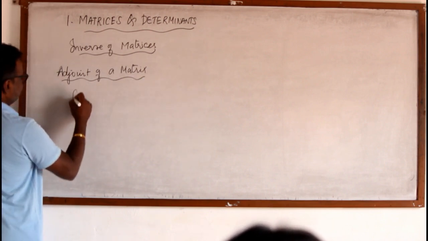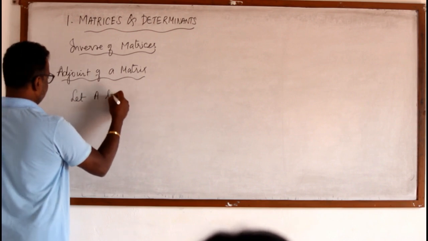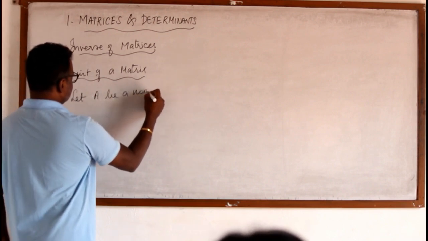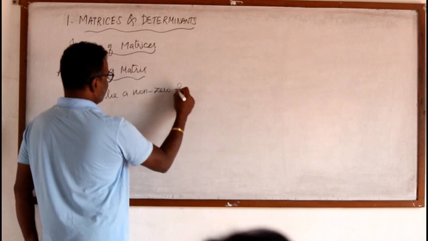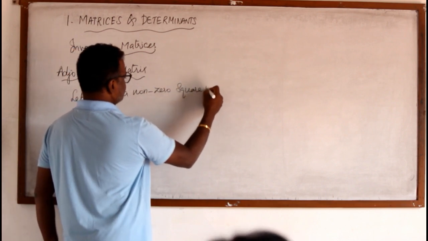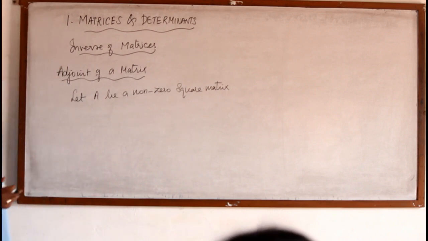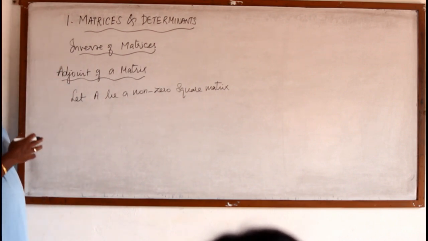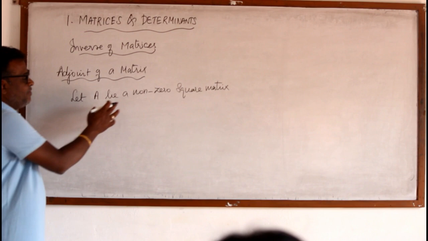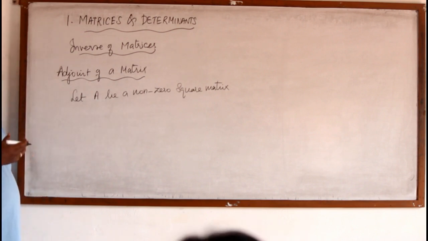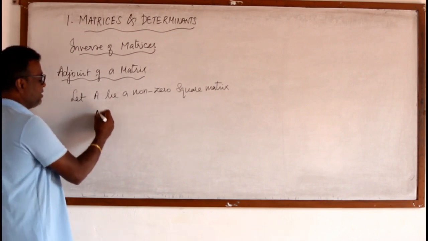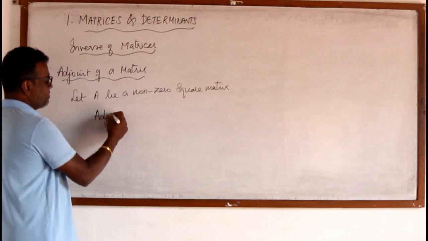Before that, let me take a matrix. Let A be a non-zero square matrix. So we need a square matrix in which it must be non-zero. All the elements must be there and all the elements must be of equal row and equal column. Then we say it is a square matrix. Then adjoint of A is given by